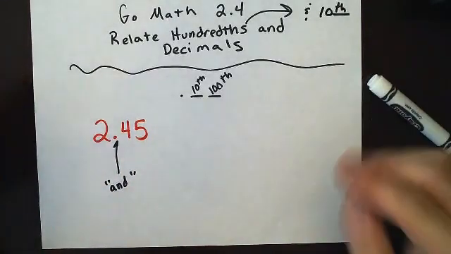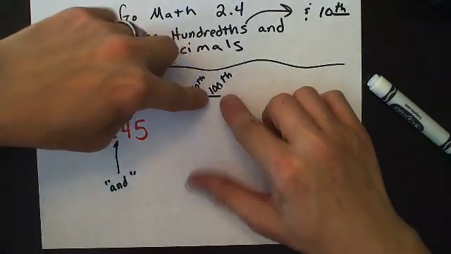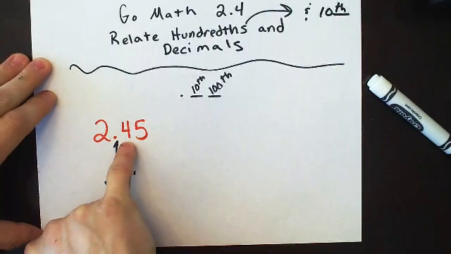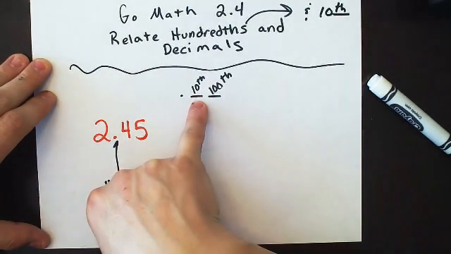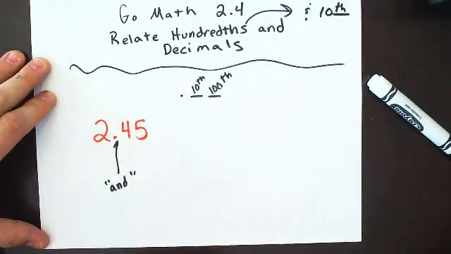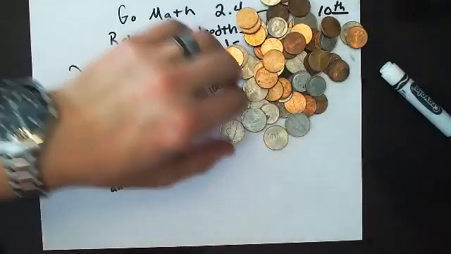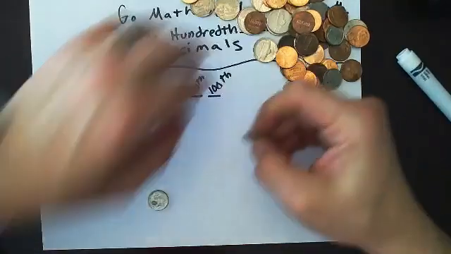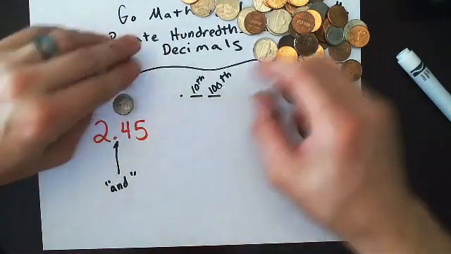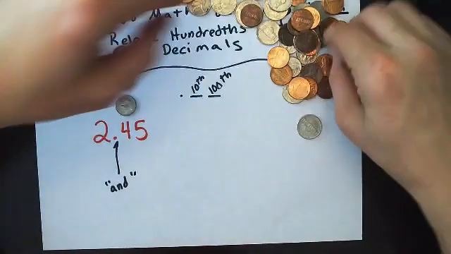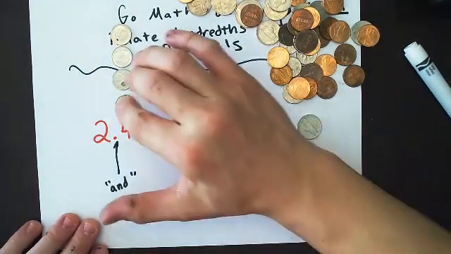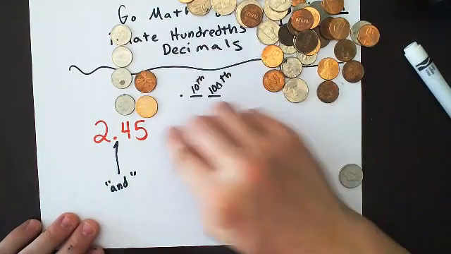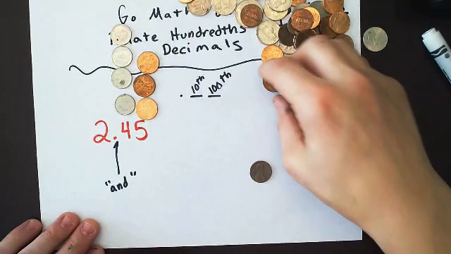Now, one thing that is confusing is how is this 45 hundredths when the number 45 doesn't actually fit here? Well, you have to think about that as money amounts. Sometimes that might be a little easier to understand. So let me show you what this actually means as far as money goes. If I did this as a money amount, 45 means 4 tenths, so 4 for 40, and pennies, there's 5 in the hundredths,